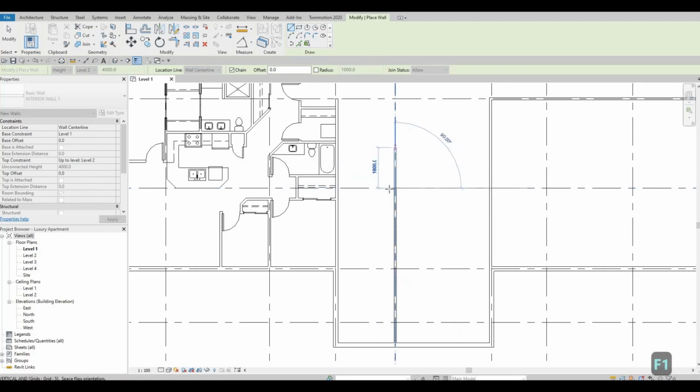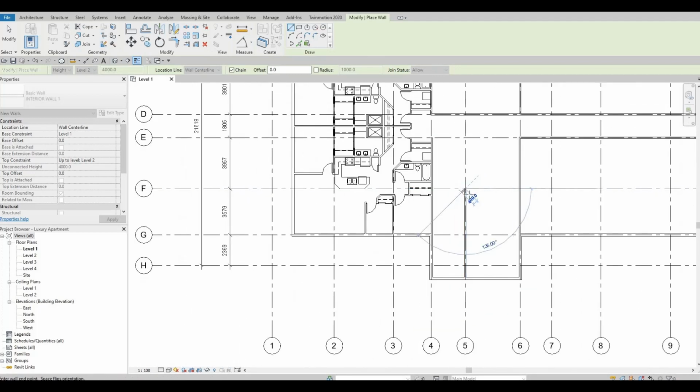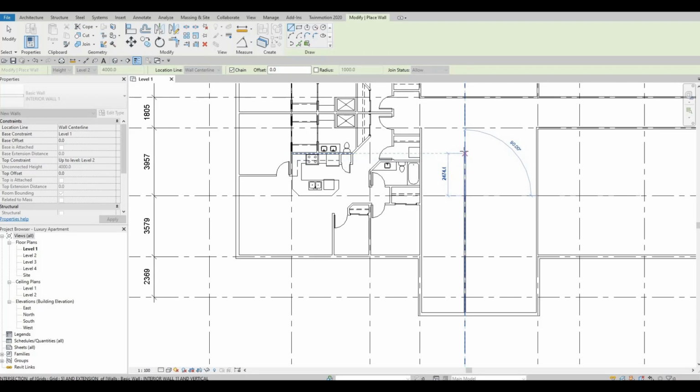So it's actually a lot. So I'm gonna click it on F5, and then I'm going to type in 2800, and then from there